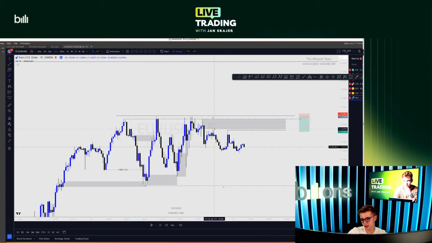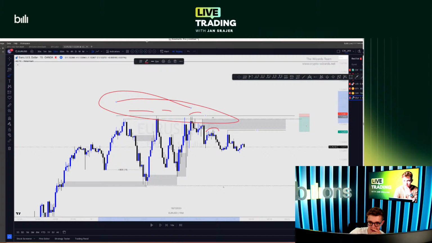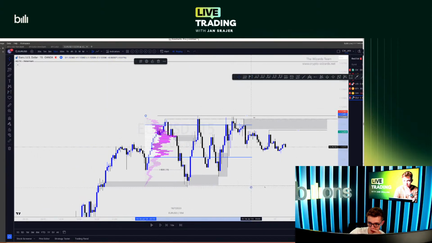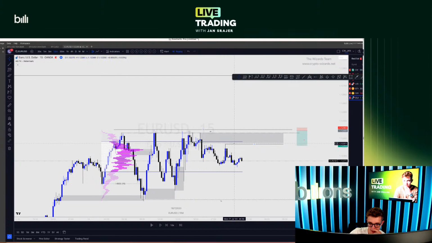And where can you place your stop loss? Well, it's either going to be above this high or it's going to be these highs here. Most likely it's going to be these highs. We can get the idea where they are entering by pulling the fixed range tool. So the highest volume POC is around here. So I doubt that they are placing their stop losses above these highs. They are placing their stop losses above these highs.